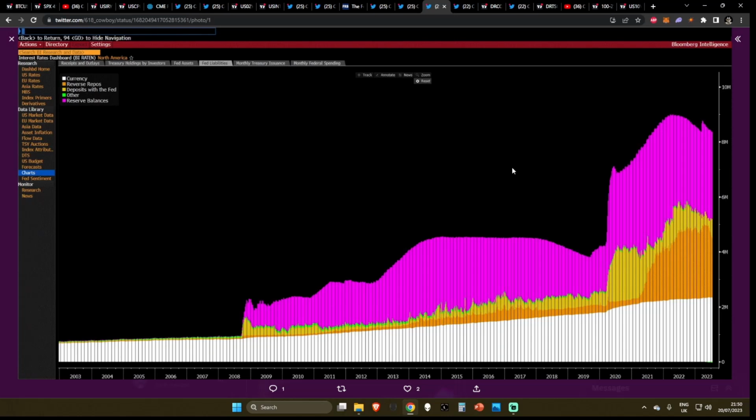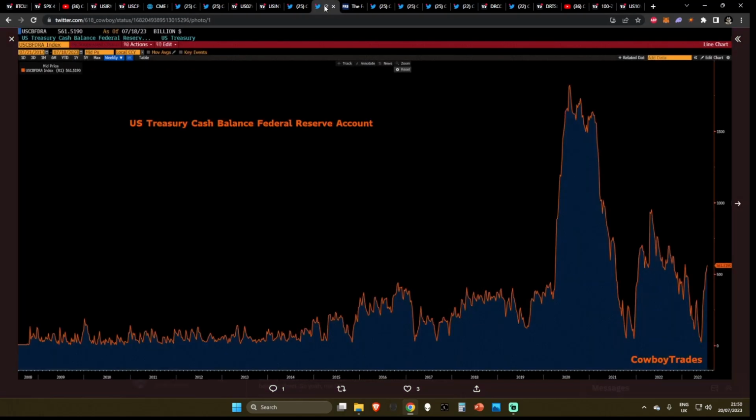The Fed's quantitative tightening cycle that we're seeing right now can also be identified by looking at the Fed's liabilities. Once again, remember the definition of quantitative tightening is where the Fed sell their securities into the open market. And right now you can see if we are looking at the Fed liabilities, they are selling everything from reserve balances, other deposits with the Fed, reverse repos. The only thing that they're not selling right now is currencies. And once again, this can be predominantly associated to the fact that we are still seeing the Fed hold cash on the sidelines in their treasury accounts in the case that another bank run happens.